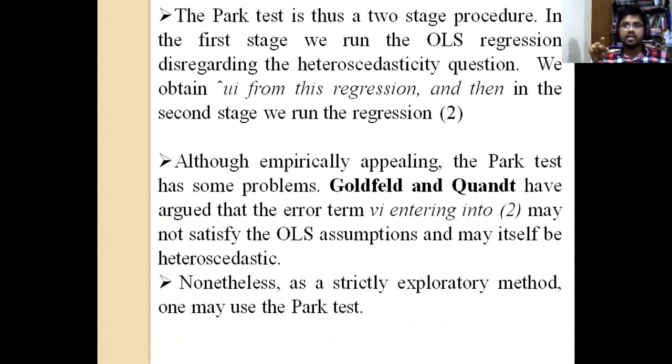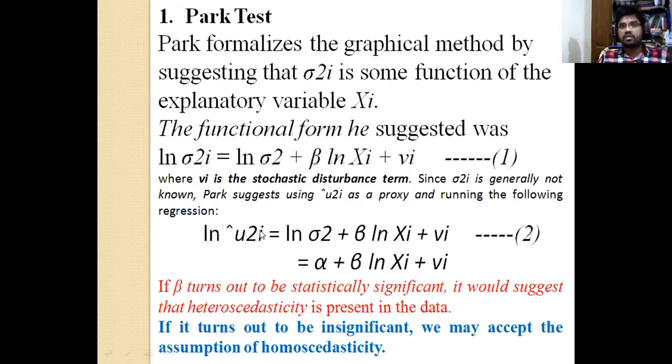As I told you earlier, we can estimate the error values, which is nothing but y minus y cap. So y is provided already in the data, and we need to estimate the y cap values. When you get y minus y cap, you will get the error values. So how can we get error values? By using the OLS method. Then in the second stage, we run the second regression.